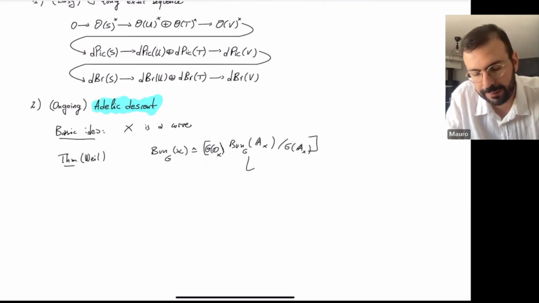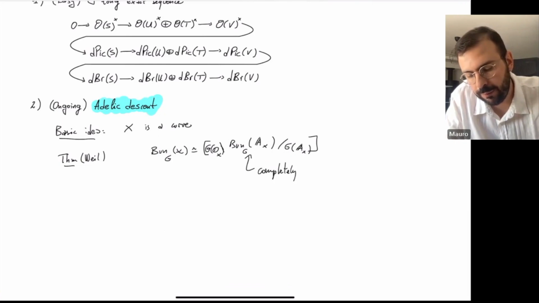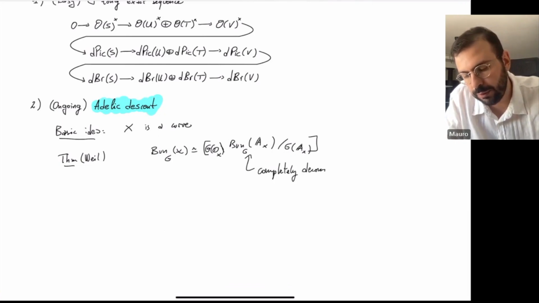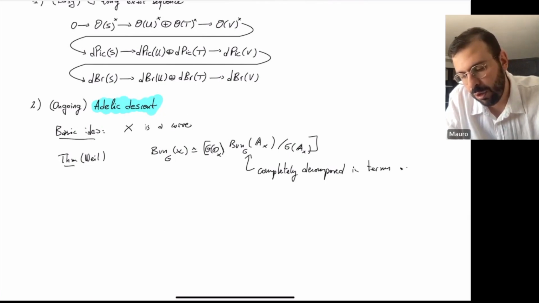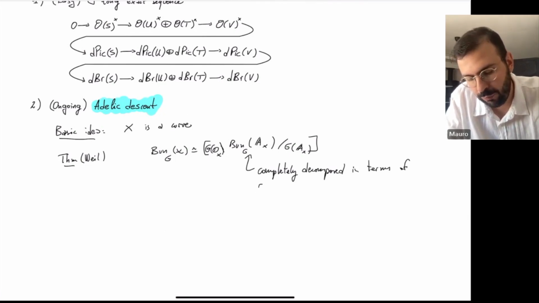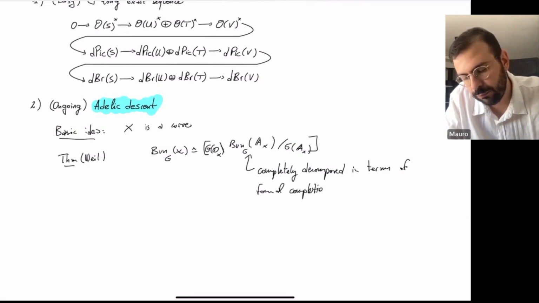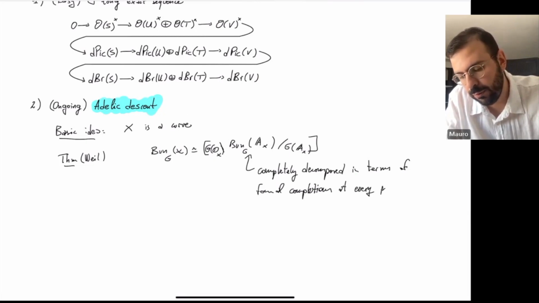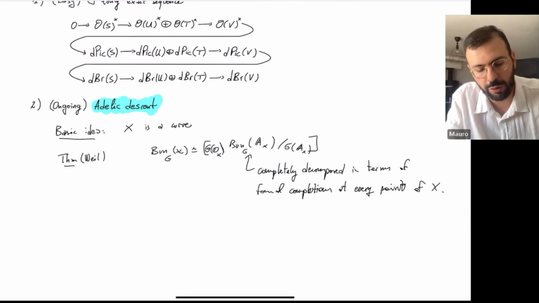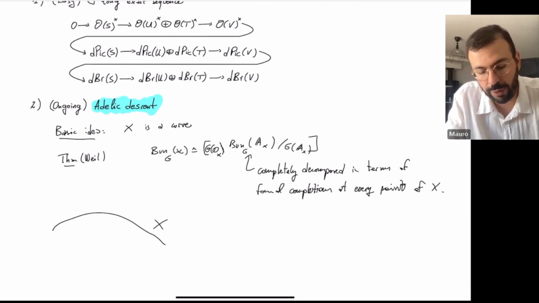Well, the point is that this thing is completely decomposed in terms of formal completions at every point of X. So concretely, if you have a curve X, you are saying that to give a